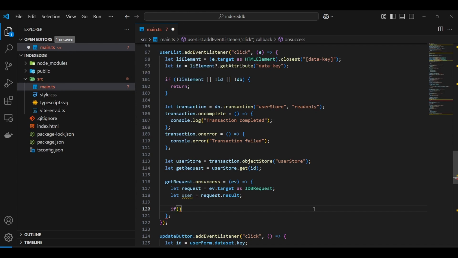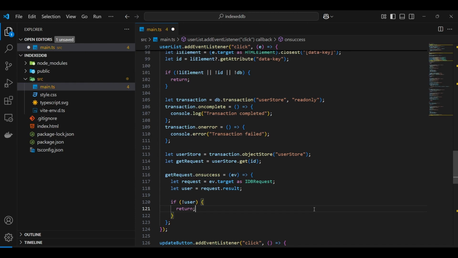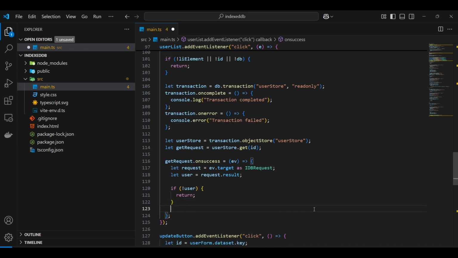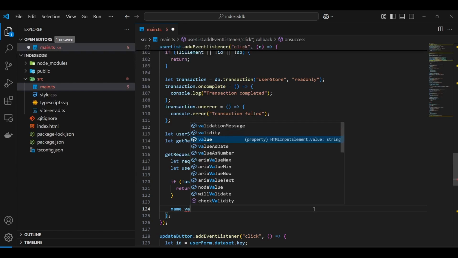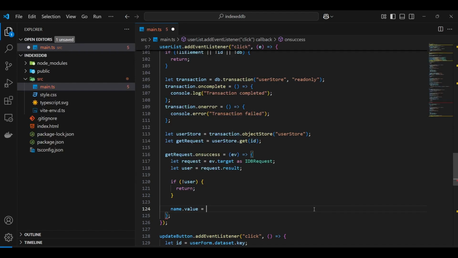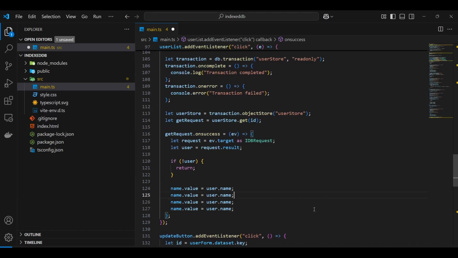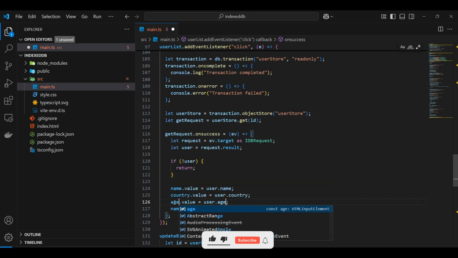We'll check. If suppose the user is not there, again to keep TypeScript happy, because there's a chance for user to not exist if this ID is not present. So then we'll be having the name which we have in the top. This is the form elements. I'm basically attaching these, changing the values in the form. User.name, name, country, age,